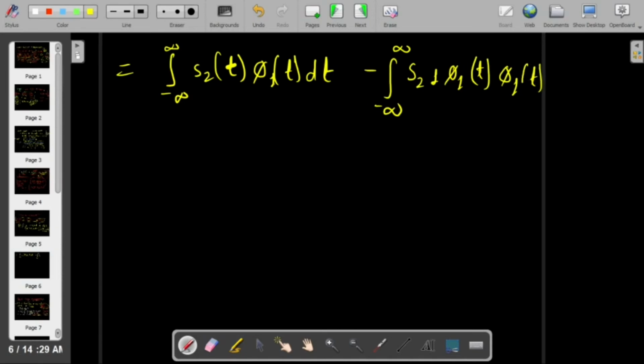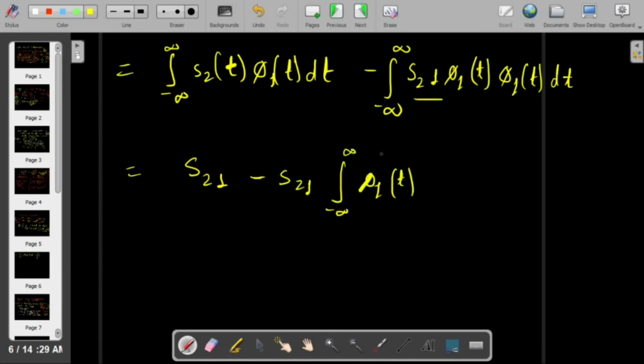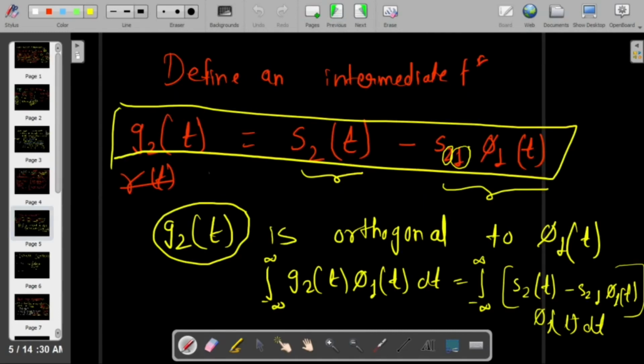I am just opening the brackets, that's it. We know that this is nothing but S21, and this S21 is constant, so taking it outside we are left with phi 1(t) into phi 1(t). So I am just writing phi 1 square t, and we know that this is our orthonormal signal and its energy is 1, so this will be 1. So at the end we are left with S21 minus S21, which is 0,